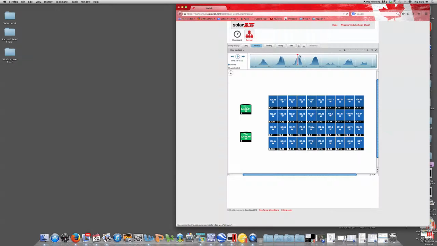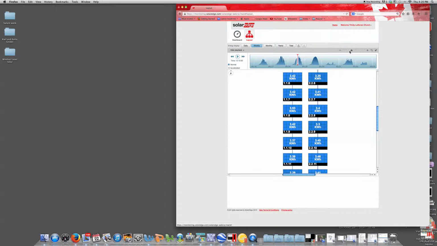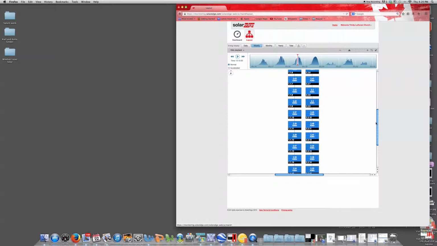The other option that we have is, whereas this is the physical view of what you would actually see, they also have what's called a logical layout. So if you click here, you can see basically it's a top-down overview of the system. So you can see overall what the entire system is producing, again with the same daily, weekly, monthly, yearly totals. You can see the total, one inverter to the other. As well, it just has all modules